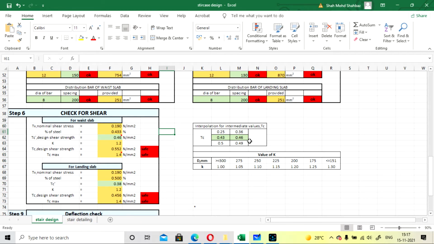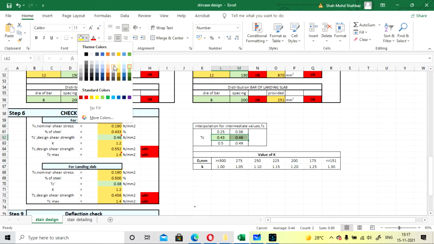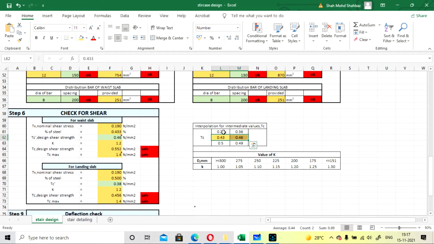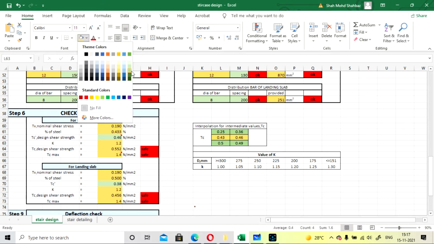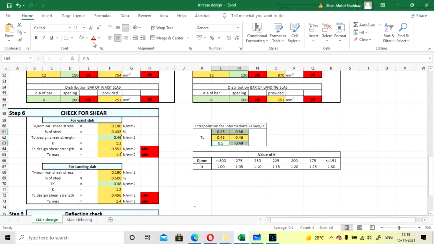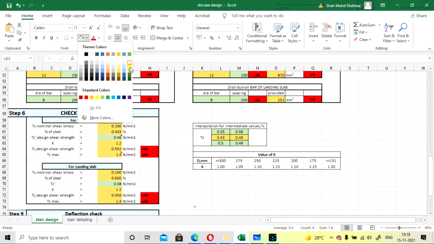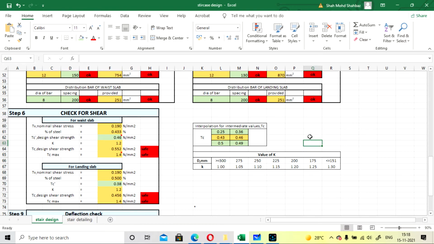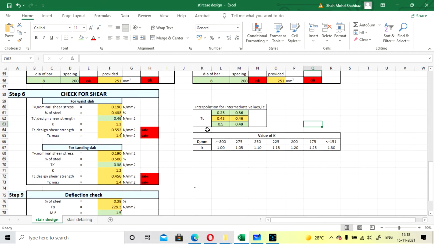Okay, so here I will change the color because it is automatically calculated in this box, and all you need to do is give these four values here. Okay, so you can understand easily. So tau c dash will be calculated here, so provide 0.46 in this.